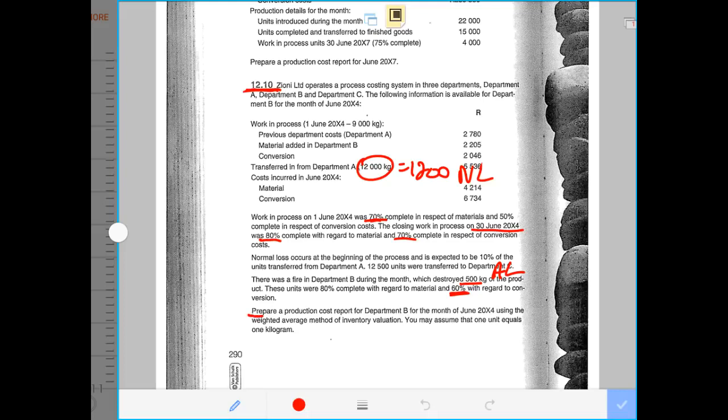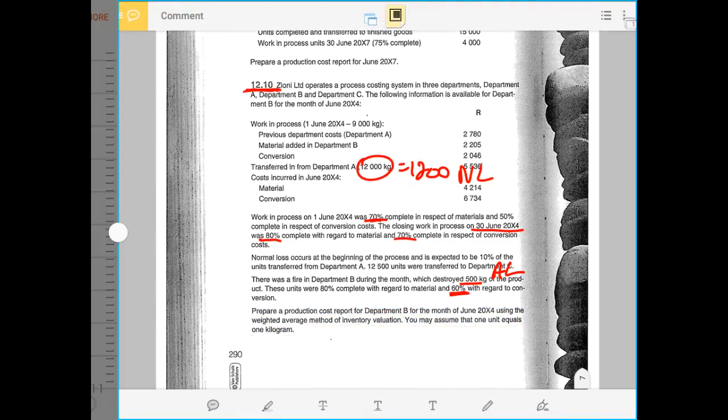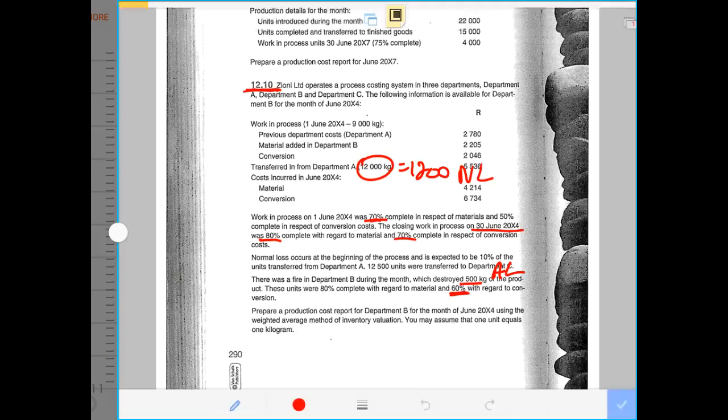Then it says prepare a production cost report for product B for the month of June 2004 using the weighted average method of inventory valuation. You may assume that 1 unit equals 1 kg. So now kgs are counted as the units. That means 1 kg produces 1 unit. So now we know that whenever we are given such, we have to go straight to our table where we first have to record